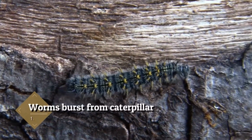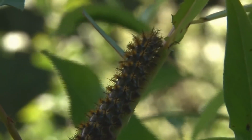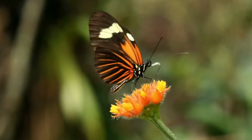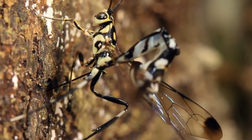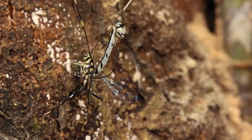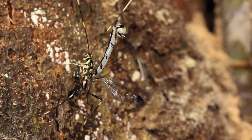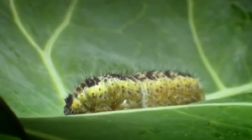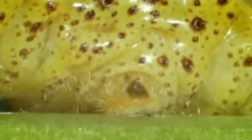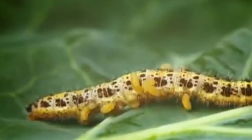And last but not the least, number 1. Worms burst from caterpillar. Everyone knows that caterpillars transform into beautiful butterflies, but not everyone knows that parasitic wasps stop this transformation in a very nasty way. The wasps lay eggs on or inside the caterpillars. Just like a botfly larva, the parasitic wasp's larva grows inside the caterpillar. Since it needs its host to live, it doesn't do a lot of damage at first. But just like the story of the squirrel and the botfly, the worms grow bigger and bigger and bigger until,